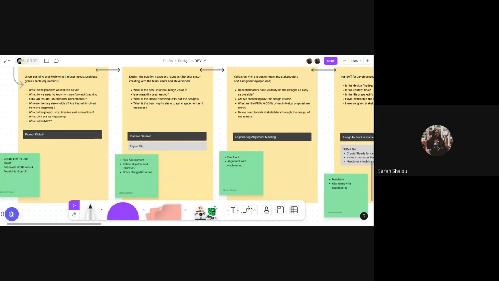From this, I'm able to assess the technical risk with them. I'm able to define all the parts and use cases so they understand everything that they need to do. And I'm also able to share my design rationale with them so that they understand why I feel that we should design something a certain way. And they can challenge me. Oftentimes when we have this back and forth, I'm able to see things from their point of view and my point of view, and we are able to meet in the middle because we have context coming from the discovery phase to the creation phase.